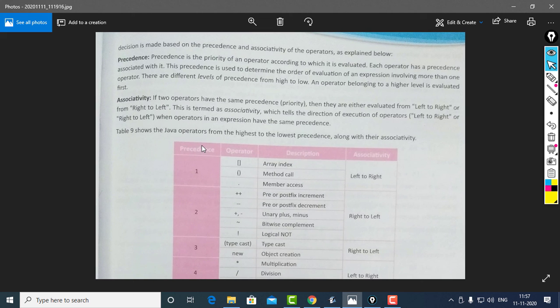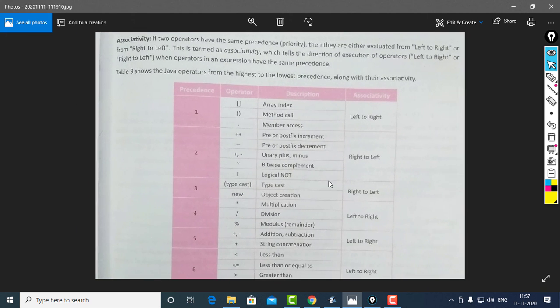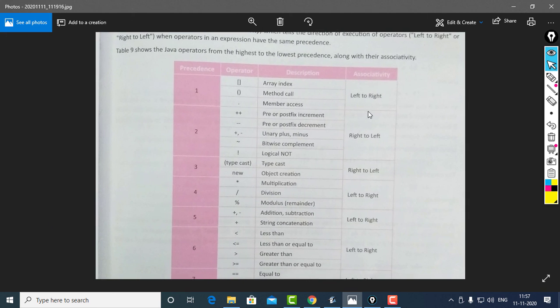Then associativity means, suppose in an expression there are different operators. We will evaluate these operators based on their associativity. Here you can see in this table the associativity of each operator is different. For brackets, whether square brackets or round brackets, the associativity is left to right.